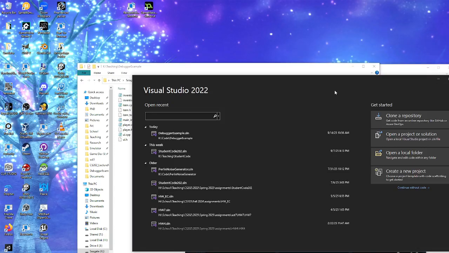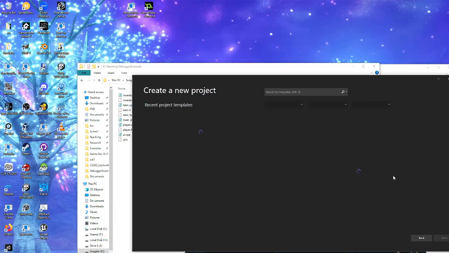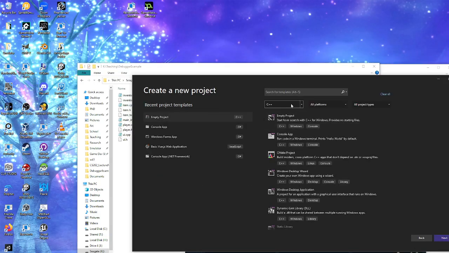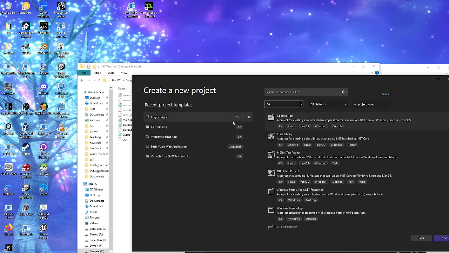So to do that, be aware, you can't just open up a file directly. You need to tell it what it's going to be working with. And the way we do that is through a thing called a project. What I'm going to do now is create a new project, and I'm going to create a project that works with C++ code. Okay. So you see here, it has this language tool, and originally mine was on C#,